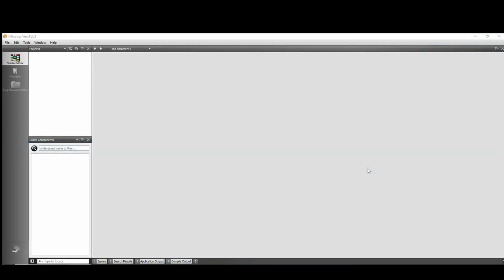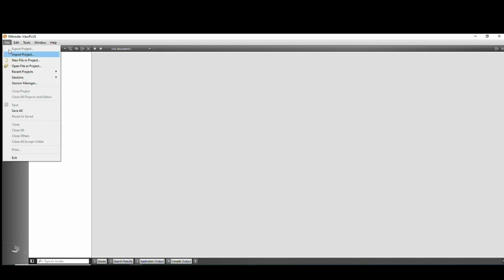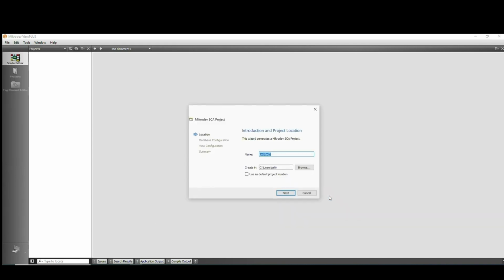Let's create a new project and look at the Export and Import Project features. If you try to open a SCADA project on another computer using Copy, Paste Project File, you will see that the labels disappear. Therefore, you must use the Export feature to take a backup of a project.